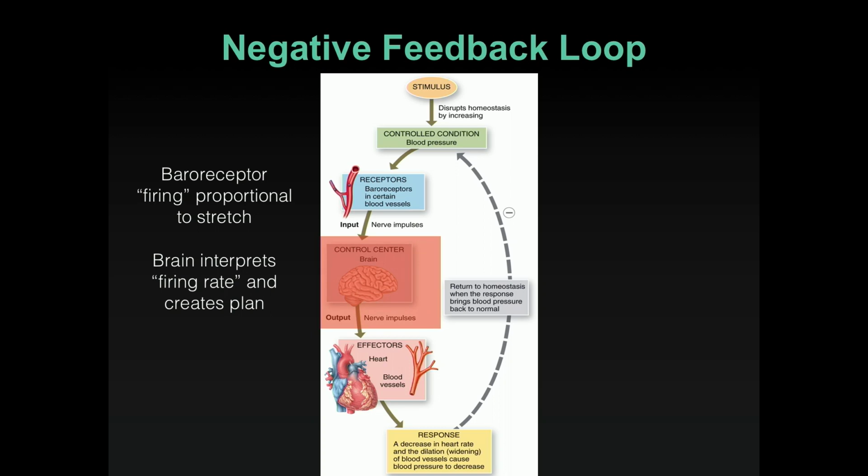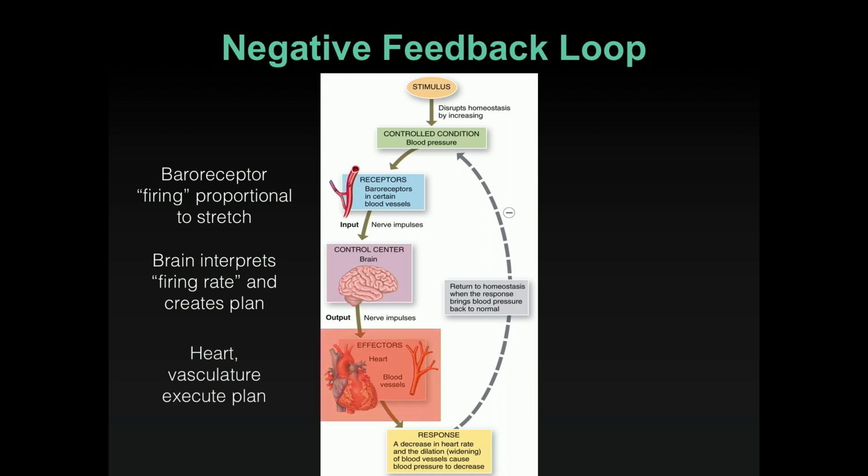The processor here, for our purposes, is the brain. We'll get into more detail later. That's clearly a gross overgeneralization. But the processor in the brain interpreted the firing rate, says, hey, this is too fast. I need to consult my response table and figure out what do I do to return that firing rate to normal. It created a plan to return that firing rate to normal. That plan involves not pushing as much blood into the vasculature. And what I mean by that is it tried to slow the heart rate and expand the vasculature to decrease